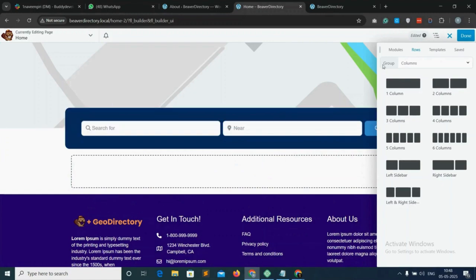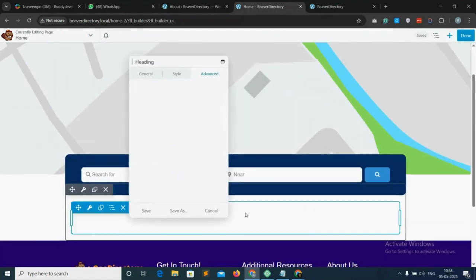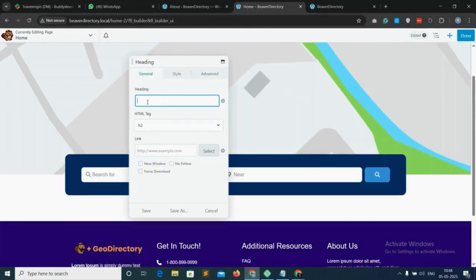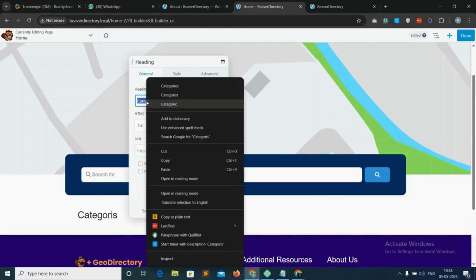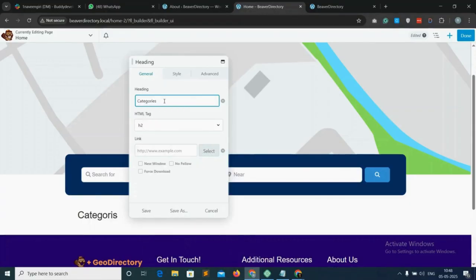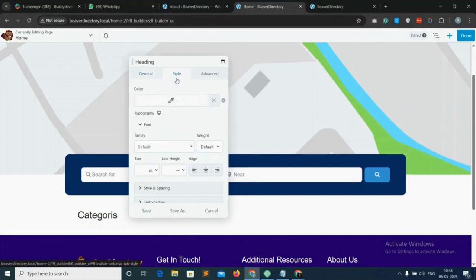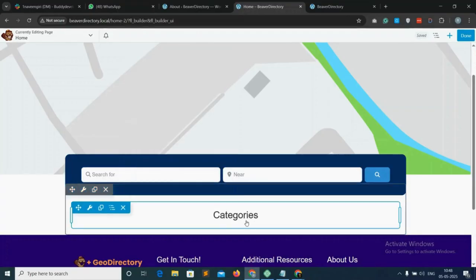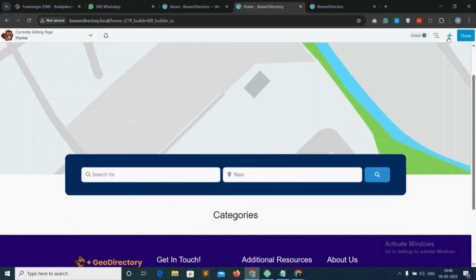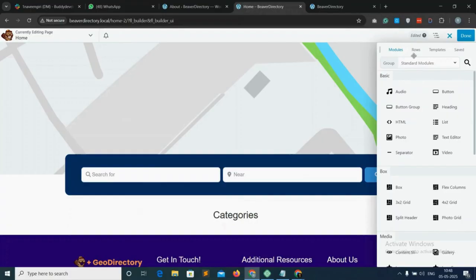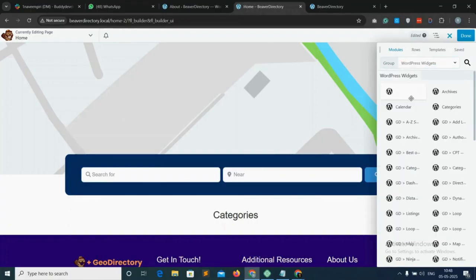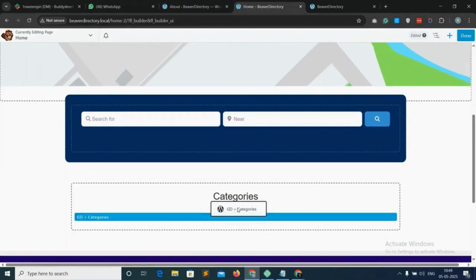Then coming on to the module section, taking a heading, then editing its title to category. So we are editing the heading to categories. Then coming on to the style, then doing center align, then save it. Now below this, we will be adding the categories. Coming on to the plus icon, then standard module, then WordPress widget, then choose a GD category from here and